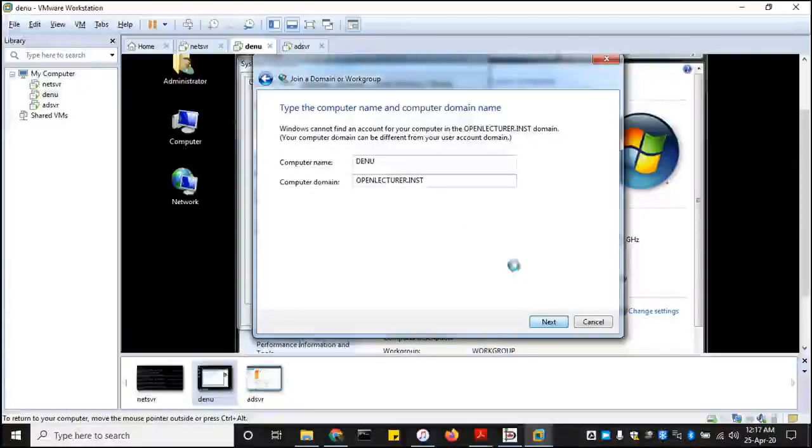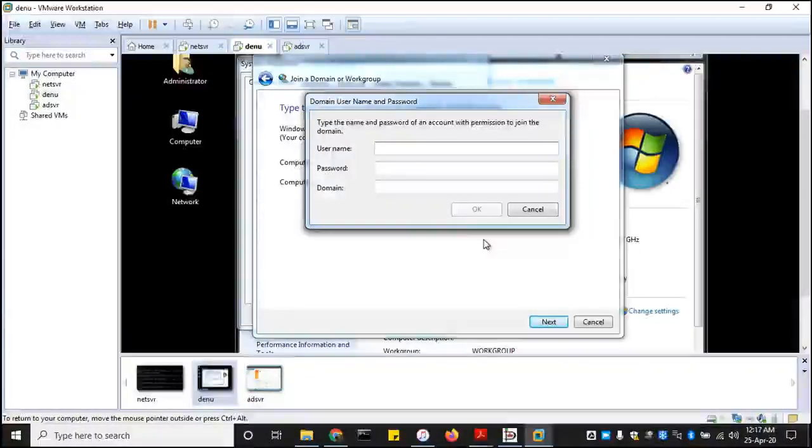Next. Now it tries to join this machine to the domain, but first you need to authenticate, or use an account with the right permission rights to join the machine to the domain. Administrator has those permission rights, so let's use that. Its password and the domain name, openlecturer.inst. And once you click OK,